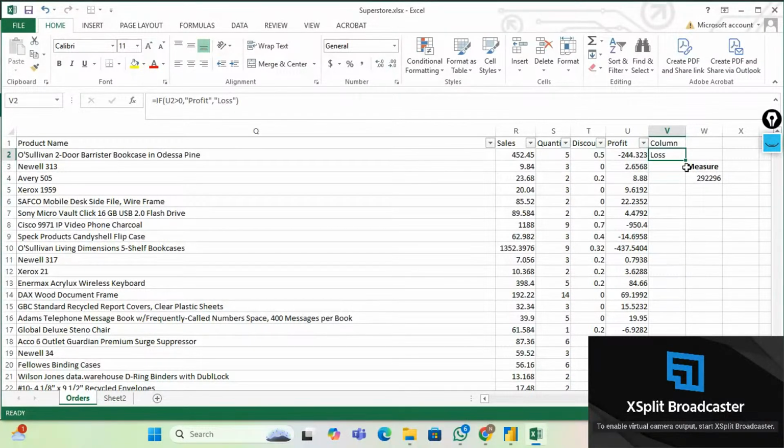So for all the 10 transactions that I have, I'll repeat the same logic. This is quite good enough. Negative number, loss. Positive number, profit. Good. It's done in the right way. So now the question is,